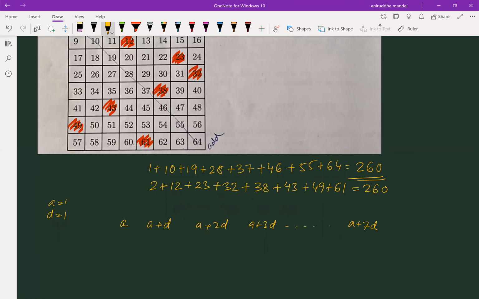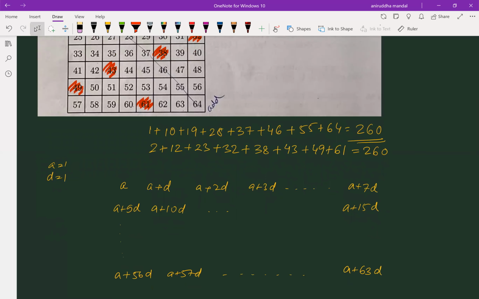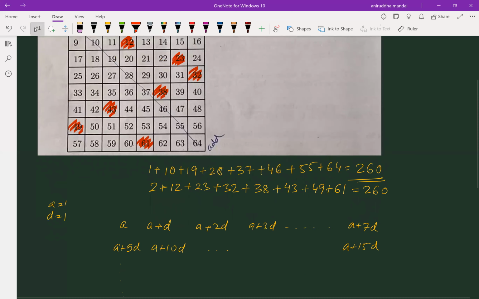Next is a plus 8d, a plus 9d, a plus 10d, and so on. This is a plus 15d, and likewise it continues. So a plus 56d, a plus 57d, and the last number is a plus 63d, where a and d are 1 and 1. And what we can do is